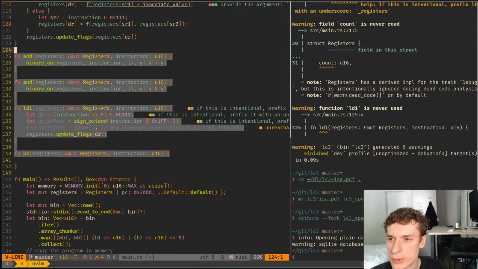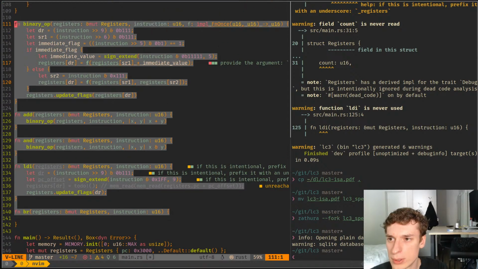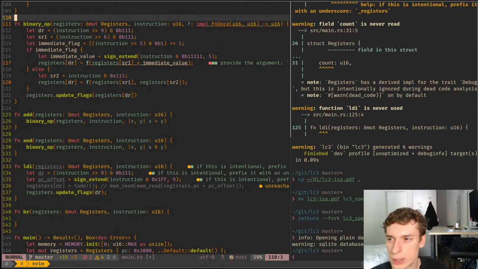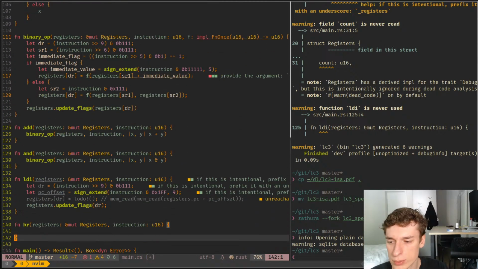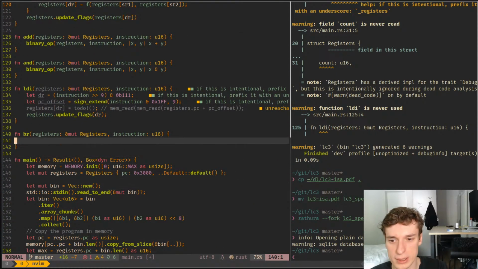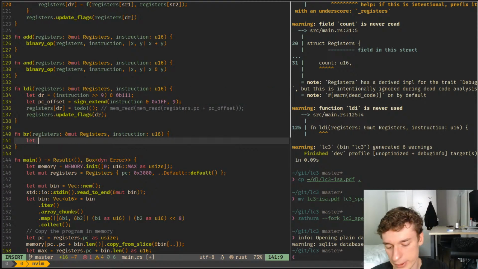Actually, maybe all of these take a mutable reference to registers, so those should all be in the register struct. But yeah, whatever. Let's just implement them all and then see. So we let check bits